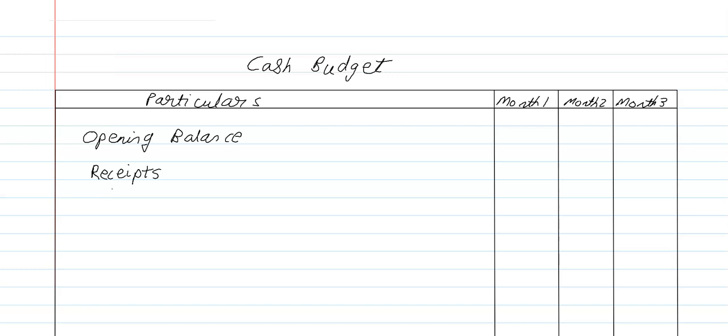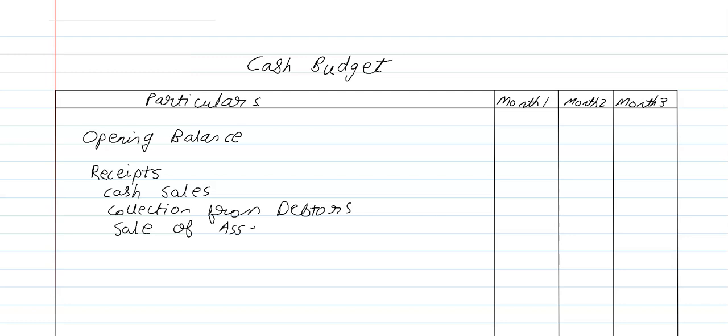We can have cash sales, collection from debtors, then think about sale of any asset. At the end of the day, that results in money coming in, so sale of asset. Then think of indirect incomes or non-operating incomes. So let's call it non-operating